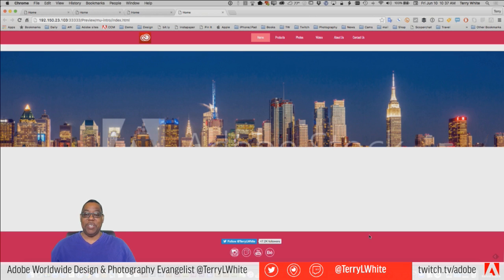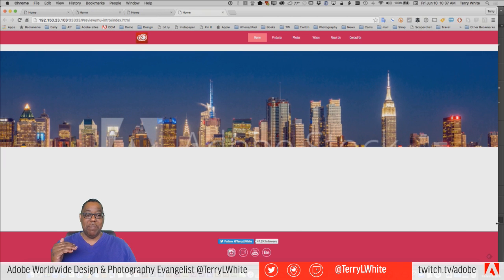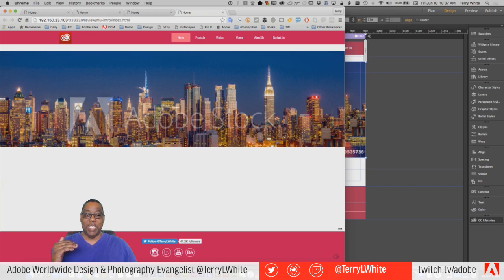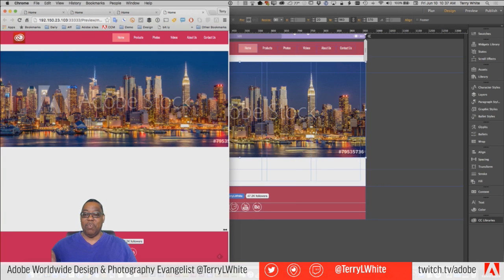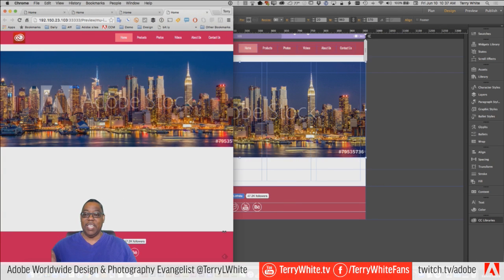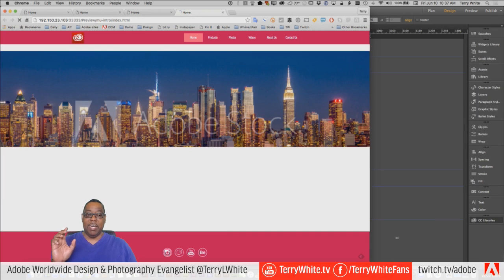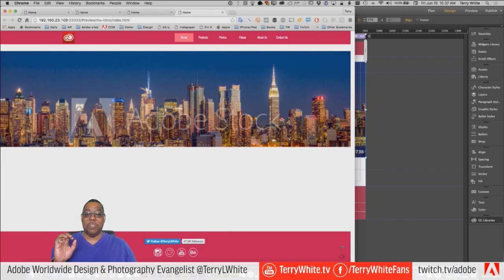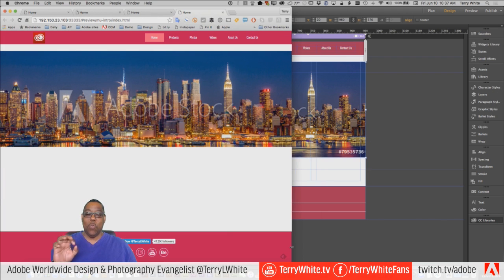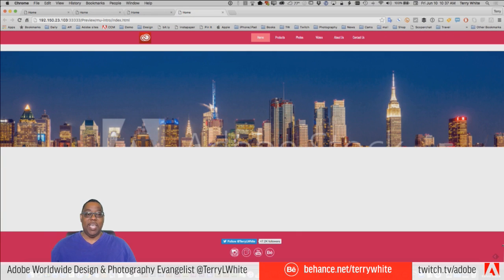And see, that's kind of the catch-22. I can make the rectangle taller, absolutely, but you also have to keep in mind that depends on the width of the browser. If I make the browser smaller, we see more of the city. Once I get to a certain size, it's being cropped off again because now it's being cropped off left and right of the city. So this is an effect that's typically used for background images where you don't have to see all of the background image to get the idea.